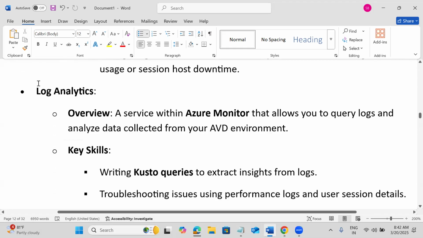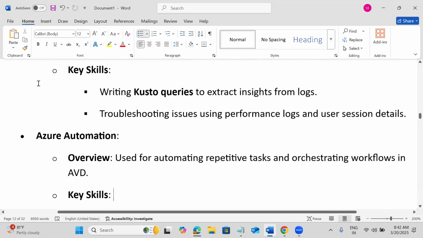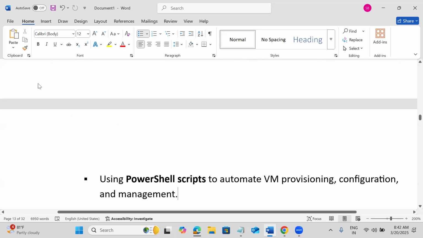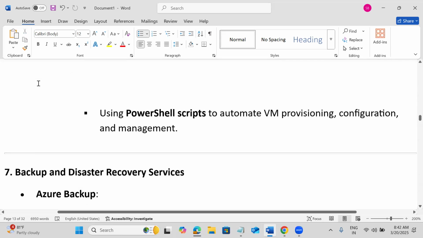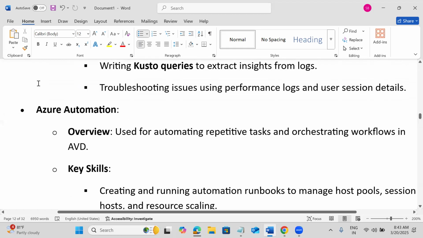Then for troubleshooting at the application level, we need to use Log Analytics also. If the users are facing any performance issues, or maybe user sessions are disconnecting, all these we can check using Log Analytics. And most of the automation, like patching, these kinds of things we can automate by integrating PowerShell commands or any of the configuration management tools. All these workflows we can integrate with Azure Automation.